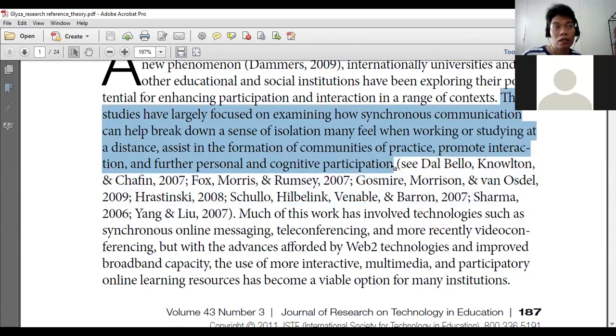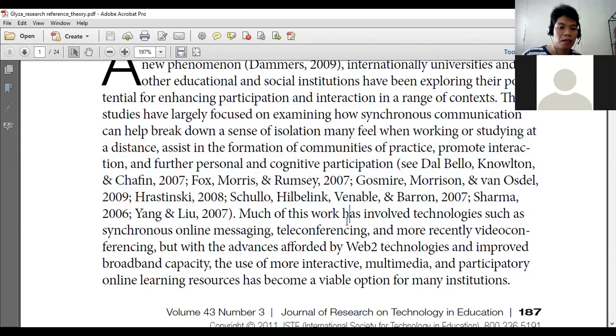That is why it is called meta-analysis. So that's one way on how to avoid mosaic plagiarism.